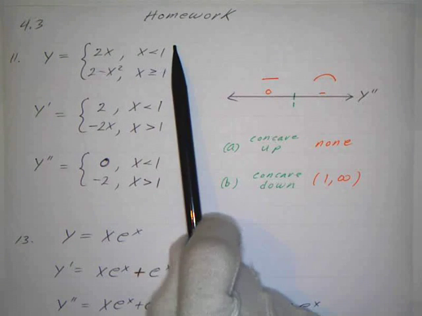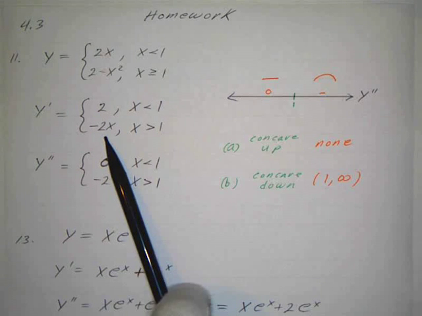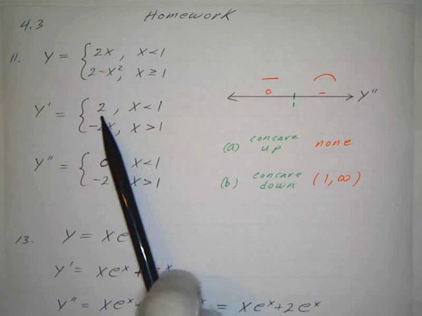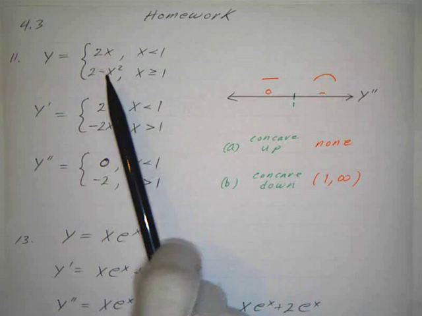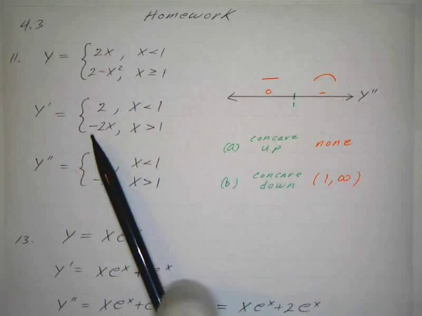And we can just take the derivative and look at what's happening here. The derivative of 2x is going to be 2, and the derivative of 2 minus x squared is going to be